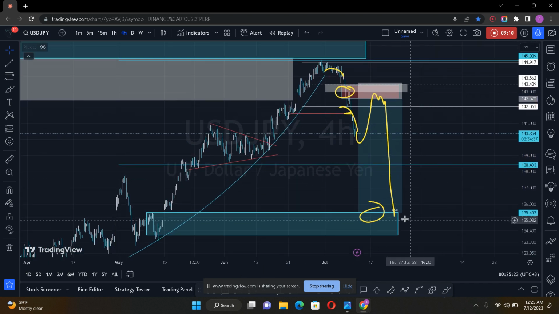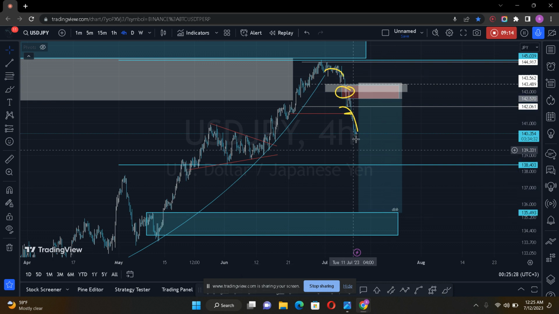Since the market has changed character, remember the ranges we highlighted at the beginning of the video. So we're going to start with the monthly. For us to move lower in the monthly,